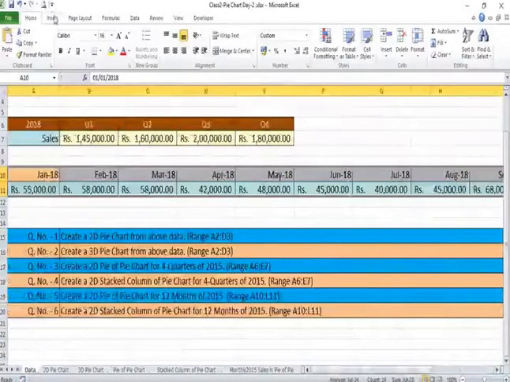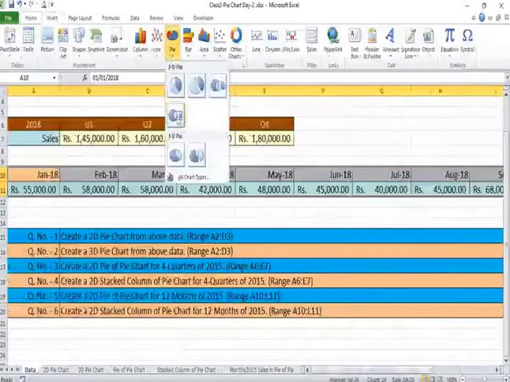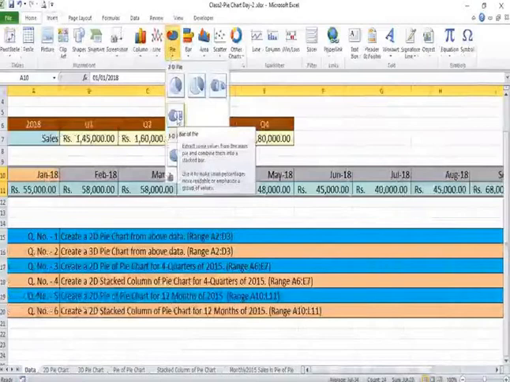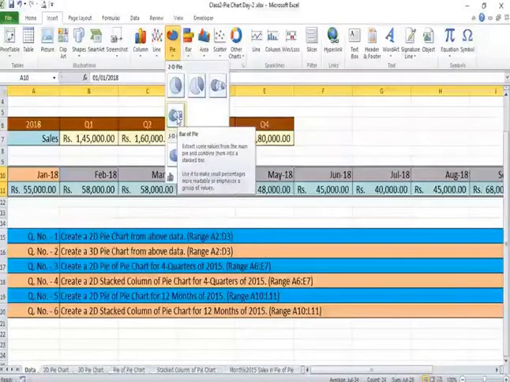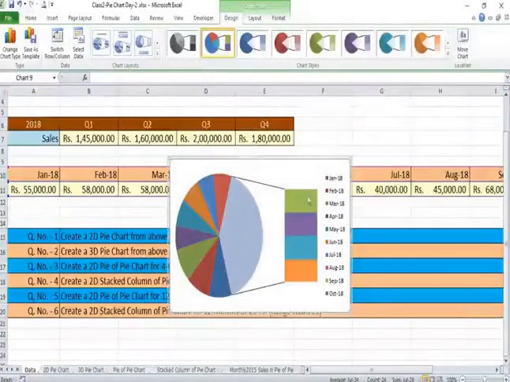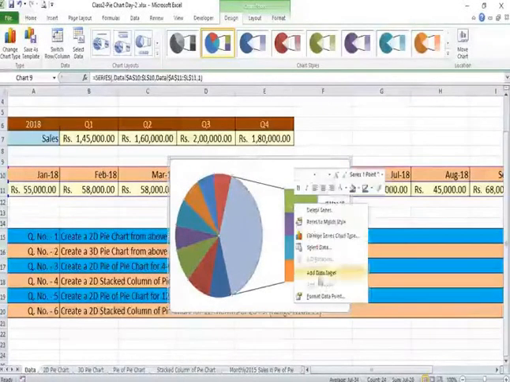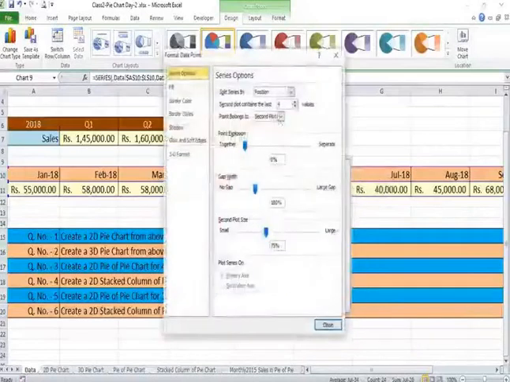Okay, so you will include it, insert, go to pie, and here you have bar of pie chart. If you click this one, you will get bar chart separately and pie chart separate. So if you want to affect this bar chart, you just have to right click here and go to format data point, and in the similar fashion